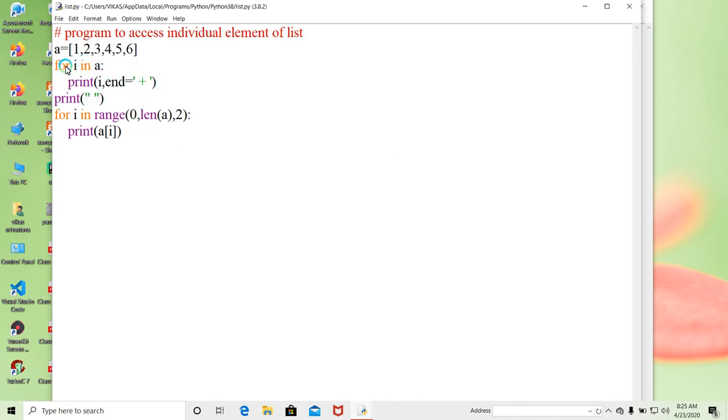So for sequential access you can use for i in a, and for index-by-index accessing you have to use for i in range. So it is clear when I will use for i in a and when I will use for i in range for the list. Okay, now